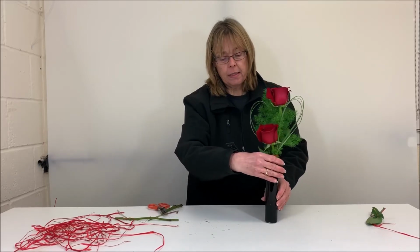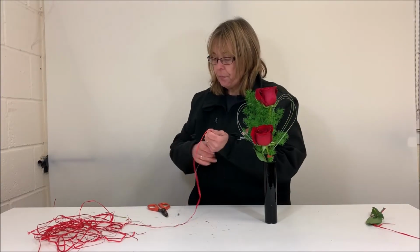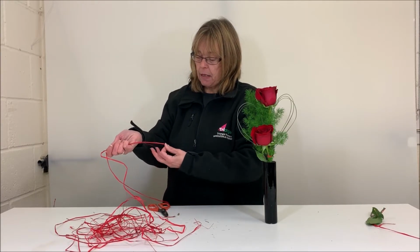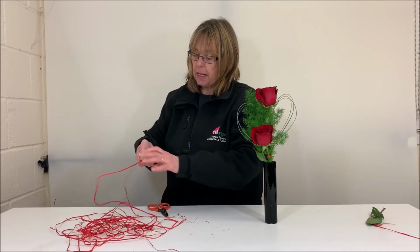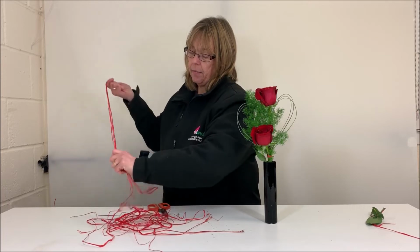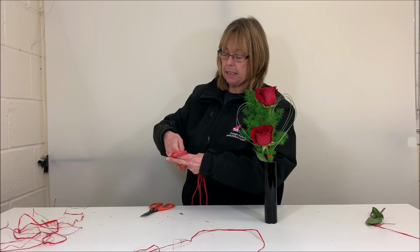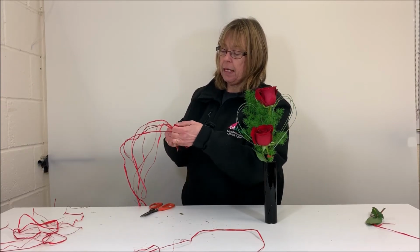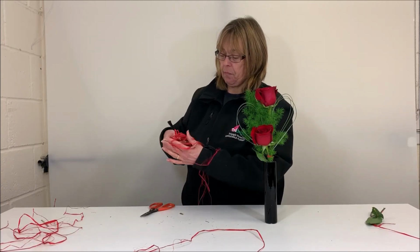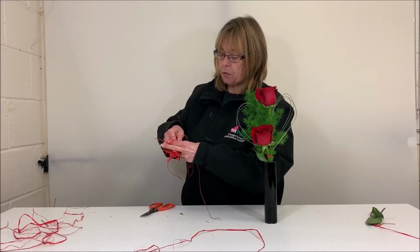And just to finish with, I'm going to make a little raffia bow. So that's really quite simple. Bring a few stems of raffia together in your hand, so keep one end of them all even, and then you just literally make a figure 8, keeping it nice and smooth, until you've used all the raffia up,